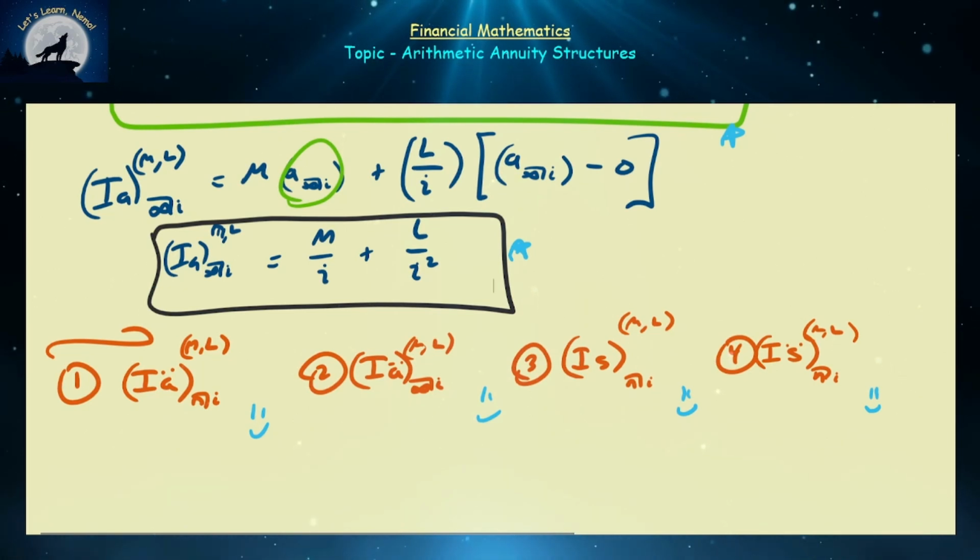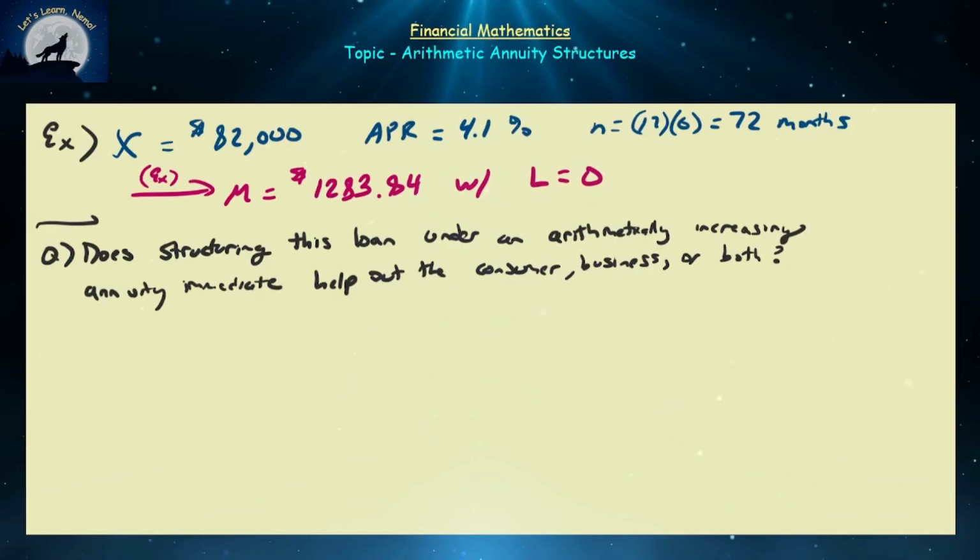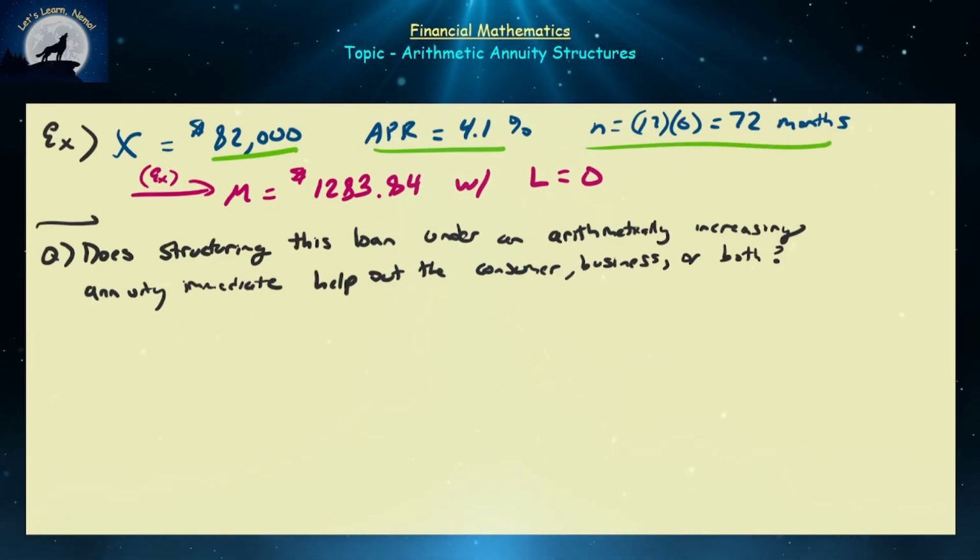So now that we have our primary algebraic formulae, now I want to use a real-life example to compare this from the perspective of loans, to see if arithmetically increasing monthly payments for loans actually is in our advantage from the consumer perspective. So let's assume that we take out a loan of $82,000 under an annual percentage rate of 4.1% for 6 years, aka 72 months. You should be able to verify that if you make equally sized payments at the end of every month, your monthly payment will be